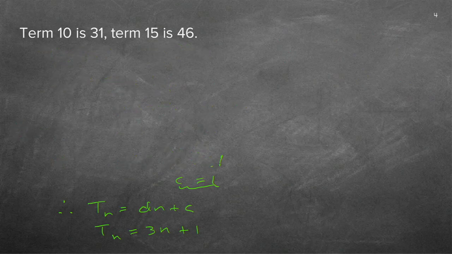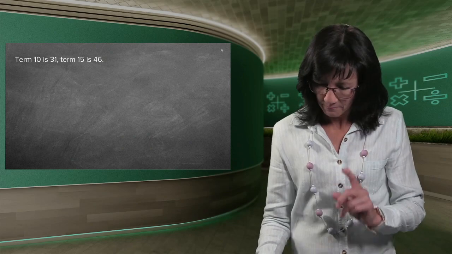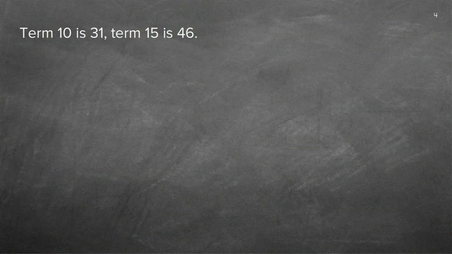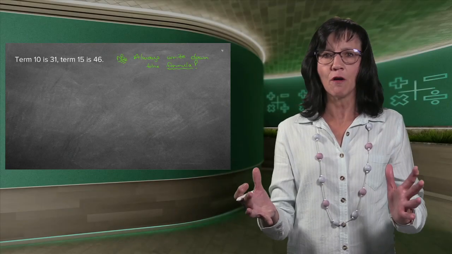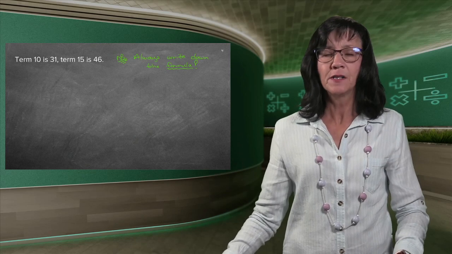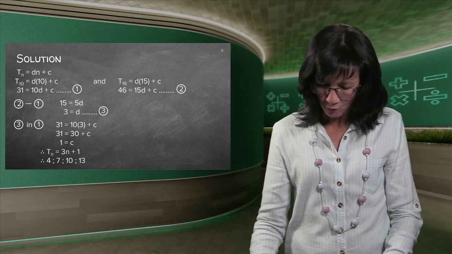As usual, you must go and redo it all on your own without anybody telling you anything. I just hope you remember the hint. Maybe I should write it here. NB: always write down the formula. If you know a formula for something, don't just start off writing down whatever they gave you. If you can fit it into a formula, as we did it now previously, we do that. Good. And then you will have the formal solution there.